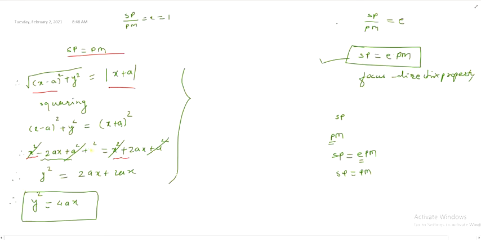Y cannot be cancelled, since only one term of y is there, but we can cancel the square. So collecting the remaining terms, y square is equal to 4ax. This is the required standard equation of the parabola. There are many terms related to this, that is, what is the focus of the parabola, then the directrix of the parabola. From the diagram you may understand that here